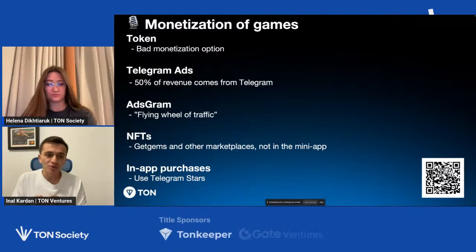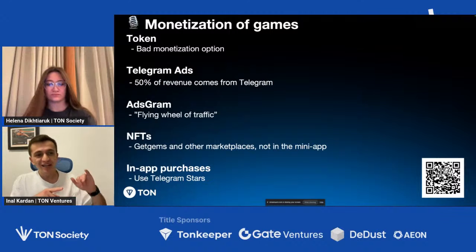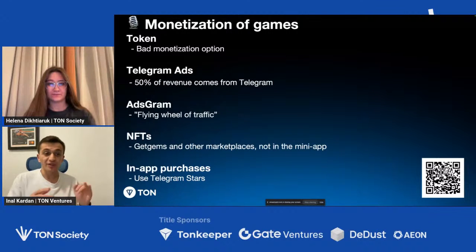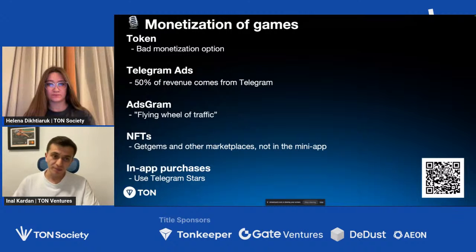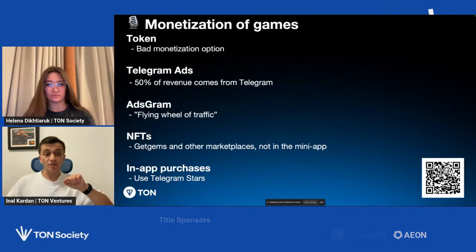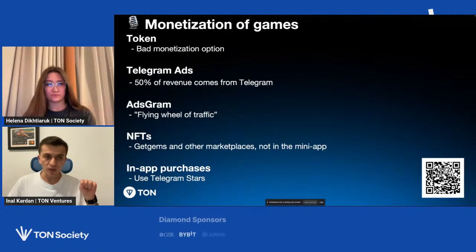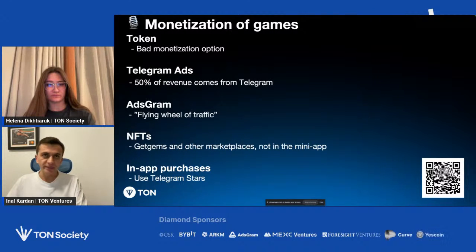But in the end, they also withdrew more than 2,000 TON. So they earned a lot of TON and they got a lot of users. They actually created this flywheel of traffic. But it also depends on your app. These guys were able to do this because their game was viral. Users that they acquired through AdsGram were inviting their friends as well, so they were getting new traffic. Because of it, the flywheel worked. But yeah, a flywheel of traffic can work.